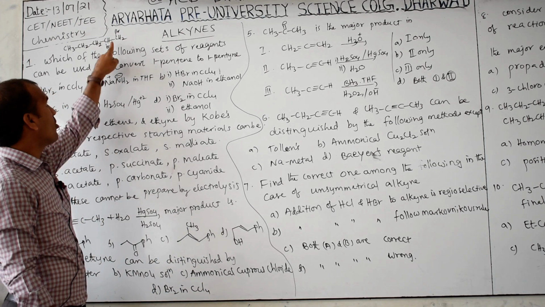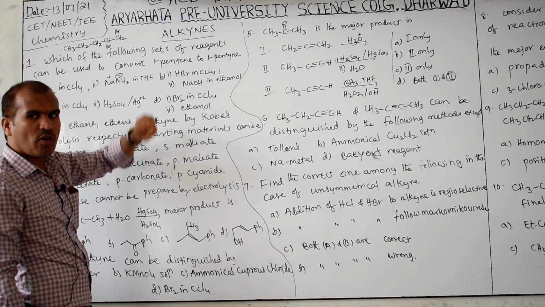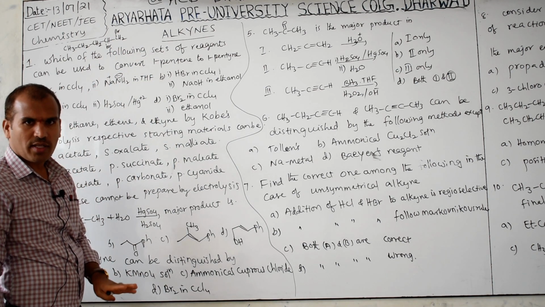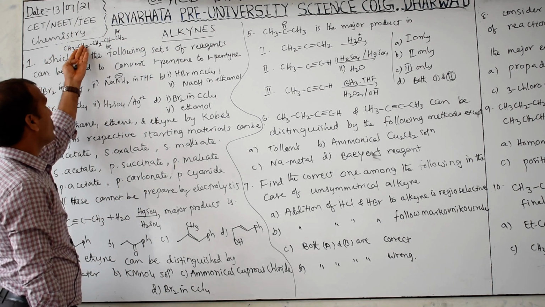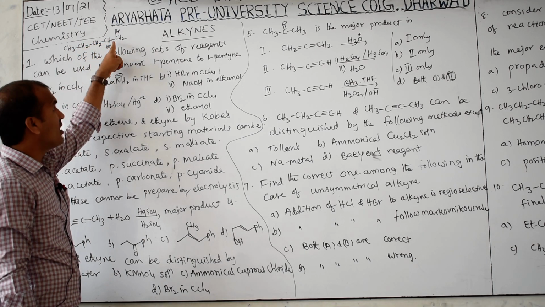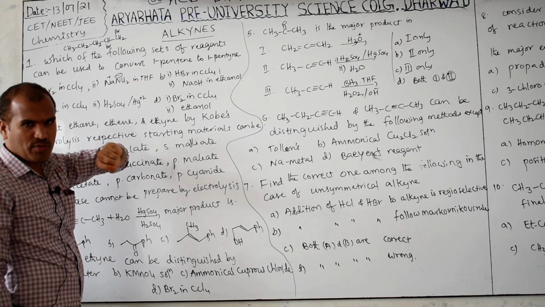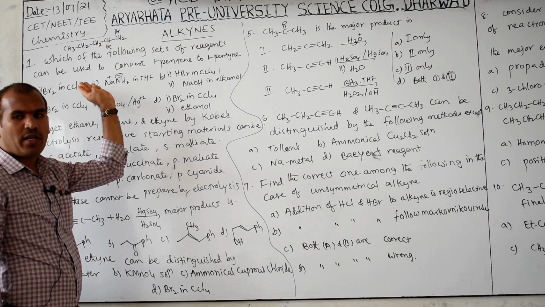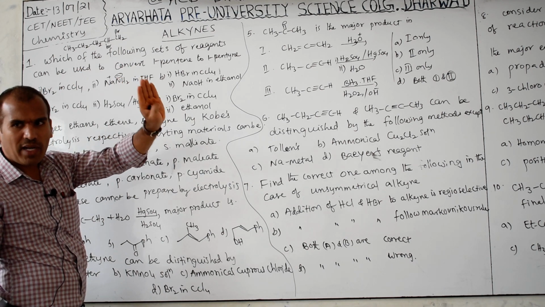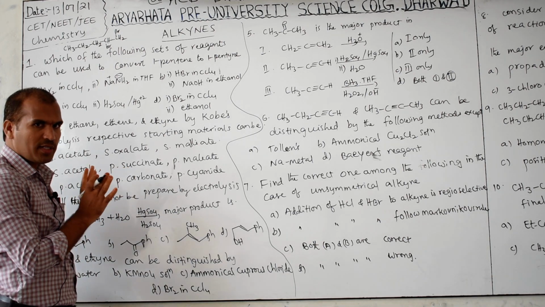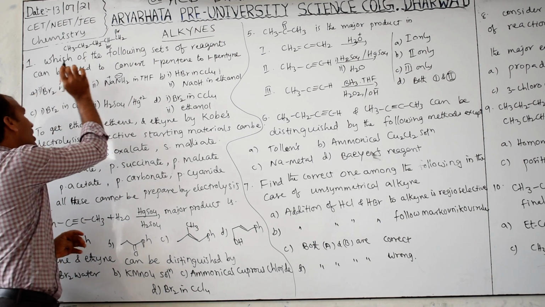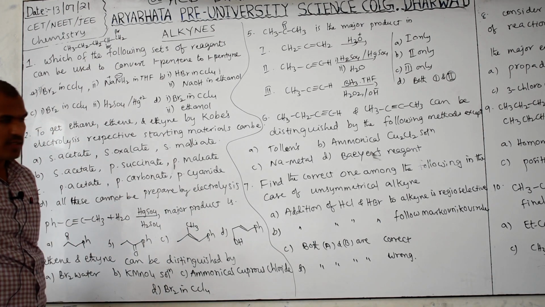Then how many pi bonds formed now? 2. Already there is 1 single bond. In total, how many bonds formed? 3 bonds are there. So how many carbons? 1, 2, 3, 4, 5. At this one only we are getting that triple bond. Therefore which position is that? First position. So 1-pentene to 1-pentyne is satisfied only with the first answer. Therefore only the first one is correct. No need to go for the next.